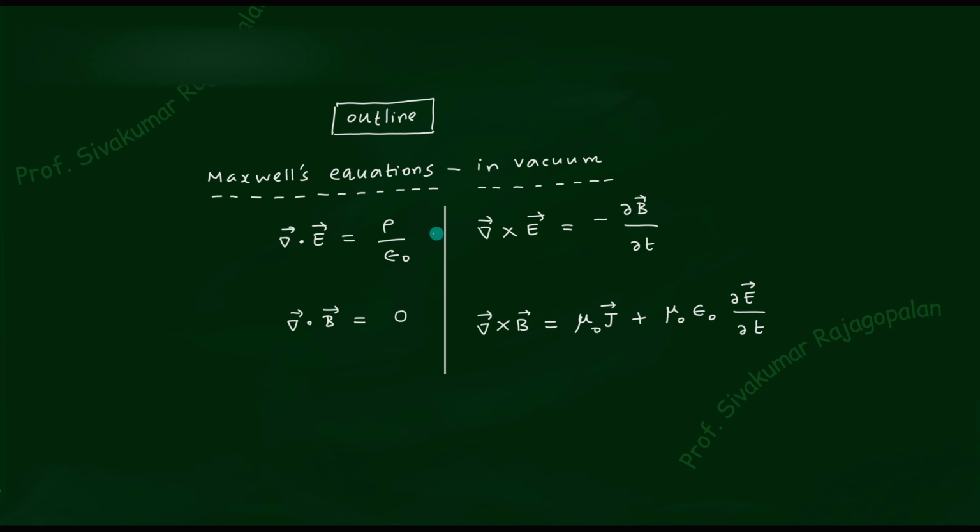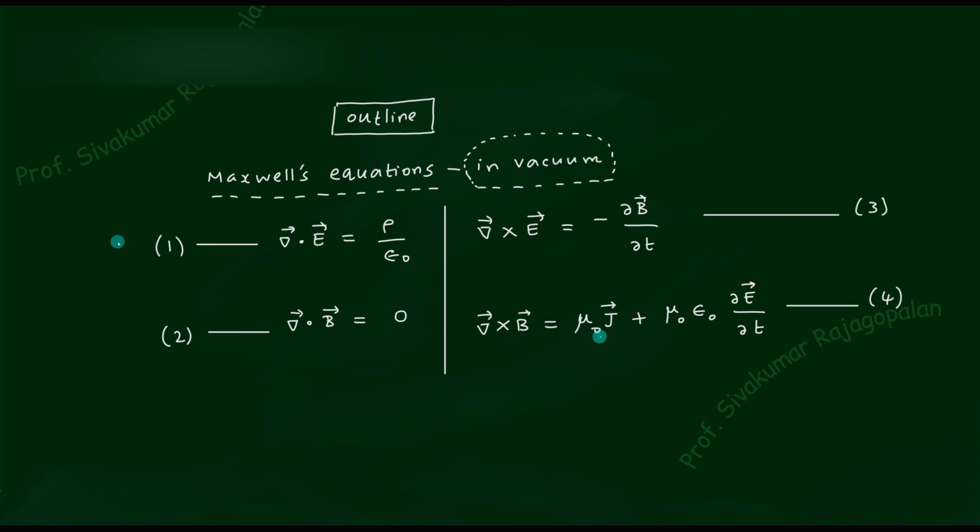Equation number is not very important. So let me write down 1, 2, 3, 4. Which one is equation number 1, which one is equation number 2, we need not maintain uniformly, but let me just write down 1, 2, 3, 4 for referencing purpose. So here I would like to first of all emphasize the point that these equations are valid in